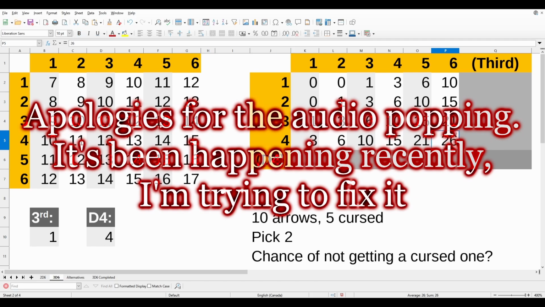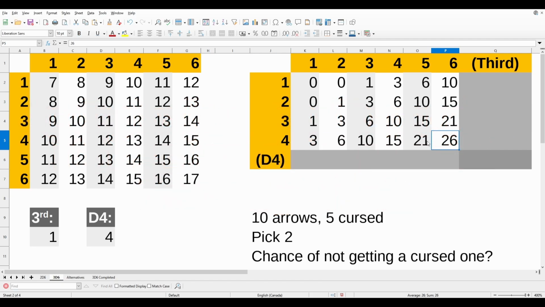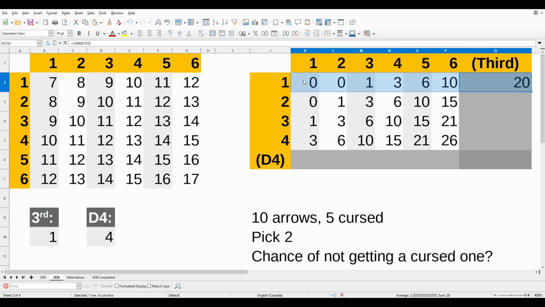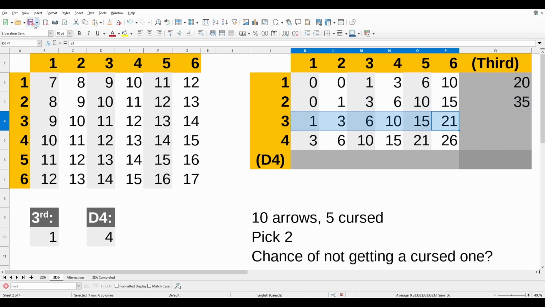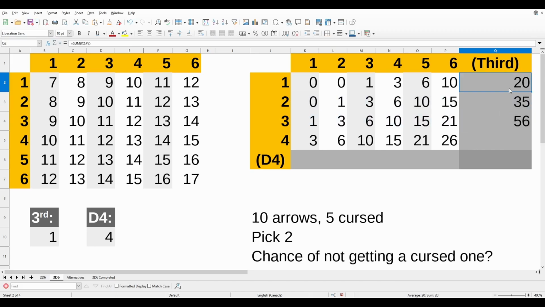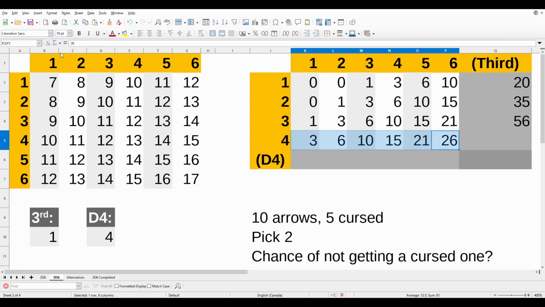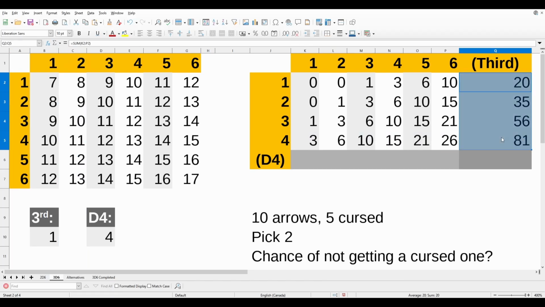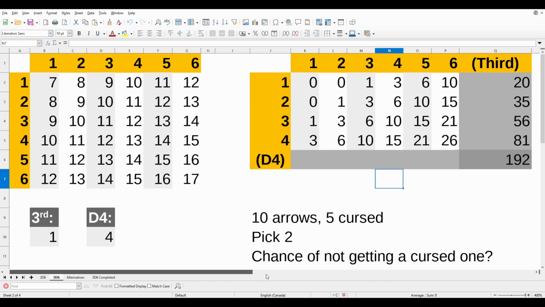So I ended up counting an extra 2 here because I counted this as 28 instead of 26, and I added on another 1. That's not what you should do. But in any case, we filled out this whole table, and we're just going to sum this all up. Okay, if the D4 is equal to 1, then we have 20 ways out of however many to do this. If the D4 is equal to 2, we have 35 ways. That's what we're doing here. And then if we sum all of these up, we're going to find 192 ways